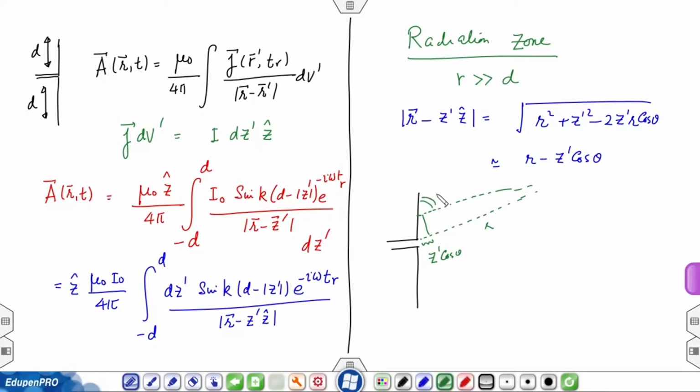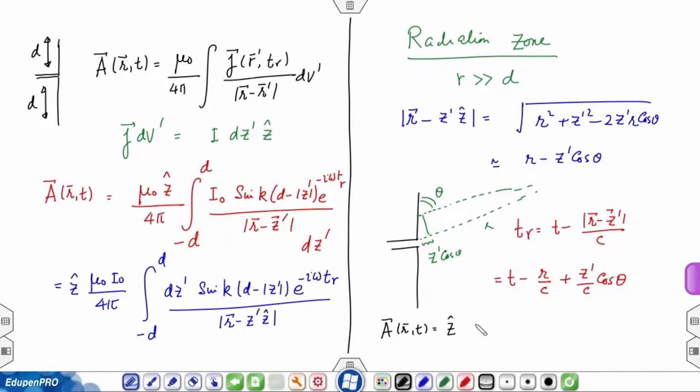I am looking in theta direction, and therefore, I just subtract that point out. And therefore, t retarded, which is t minus mod r minus z prime vector over c, is going to be t minus r over c plus z prime over c cosine of theta. We have gotten all the ingredients to calculate the vector potential, which now can be written as A(r, t)